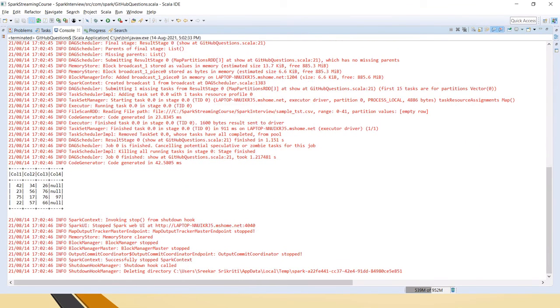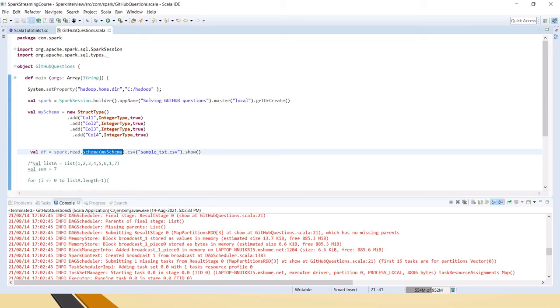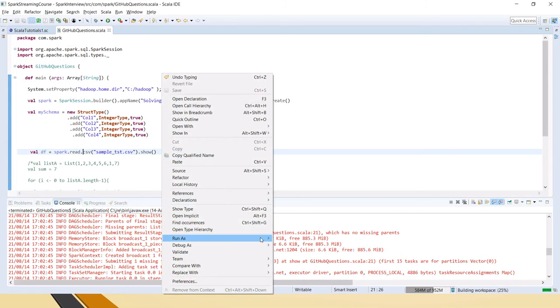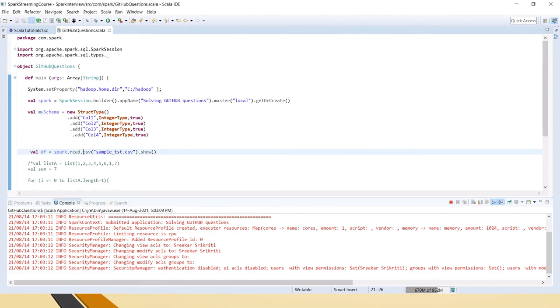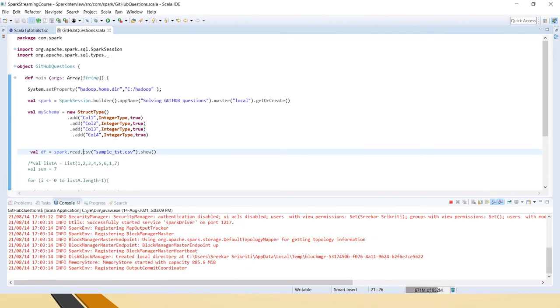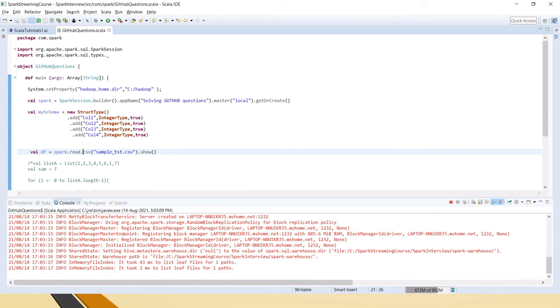So if you see here, column 1, column 2, column 3, column 4, and only for the third row we have the value, and for the remaining rows it has filled null values. So this is what happened. And let's say you are not passing the schema, you are just reading as is: it will read only 3 columns, because it automatically considers the number of columns in the first line. So we will see that as well.